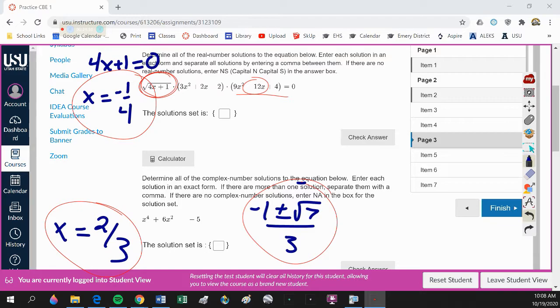Well, when we solved that, we got x equals negative 1/4, which is true. If you plug in negative 1/4, that piece of the equation will equal 0, and the entire equation will equal 0. However, any number smaller than that will create an i in there, and I'm not allowed to use those numbers. They work in the other pieces of the equation, but not in that one. So what we say is the domain is